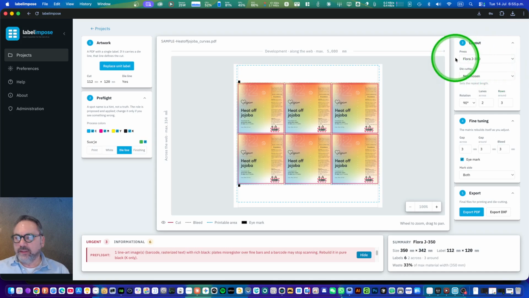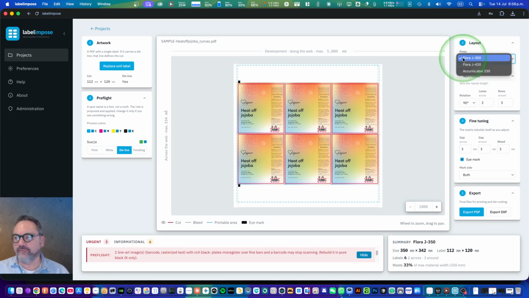So what we have here is 2 settings. The first is which press I'm preparing files to. And we can define as many presses as the shop has, because in the preference area you set up a press with important things for preparing the files, such as the maximum width it can print, and the maximum repetition it can reproduce.